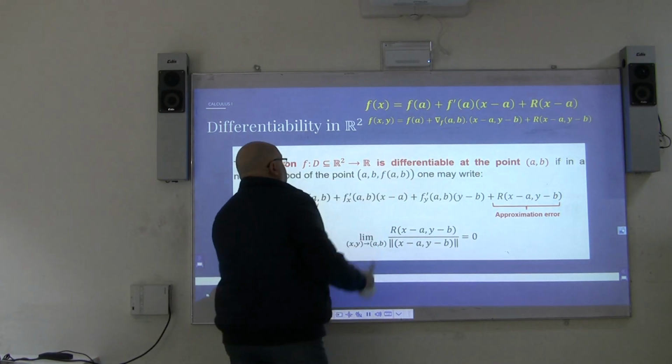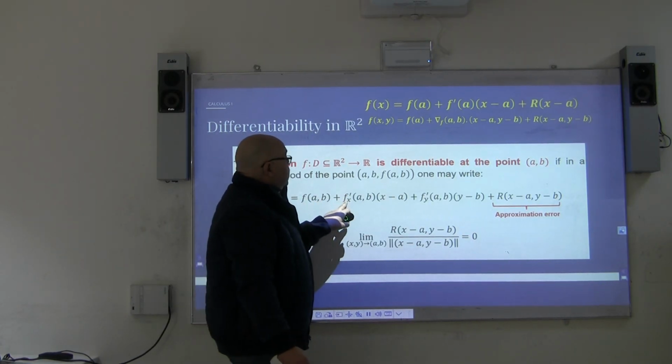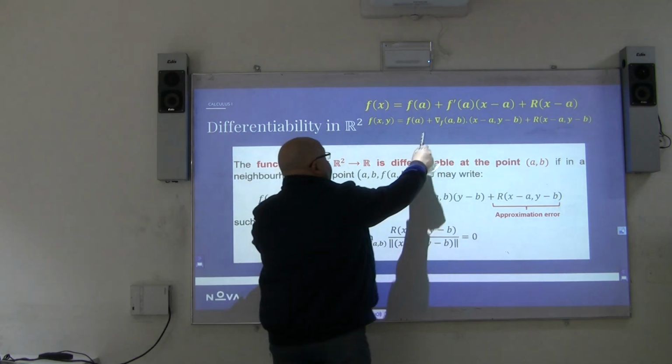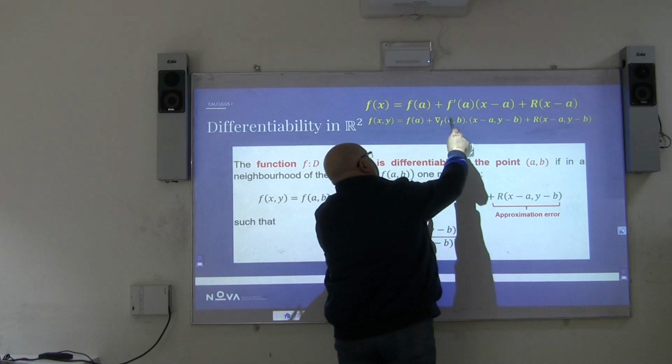So this is mainly that equation. This is the value at a and b, once you are dealing with x and y. This is the first component of the gradient vector times x minus a. And that's the second component of the gradient